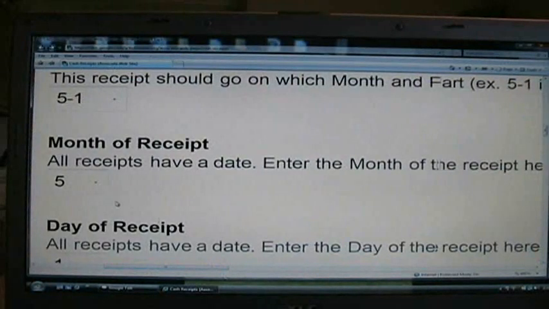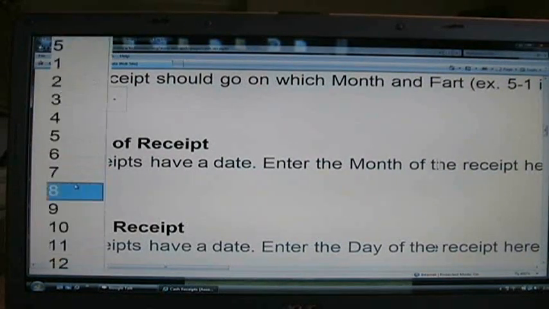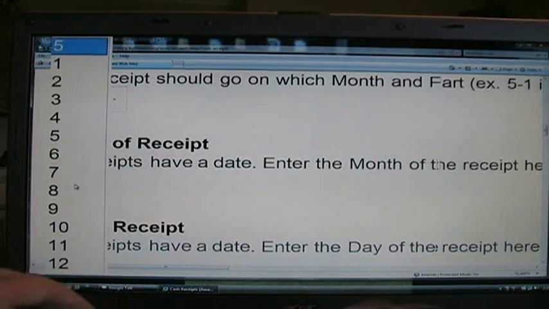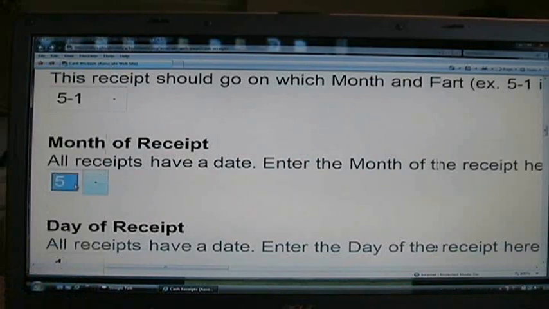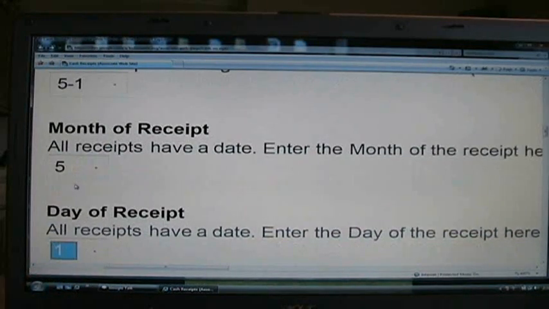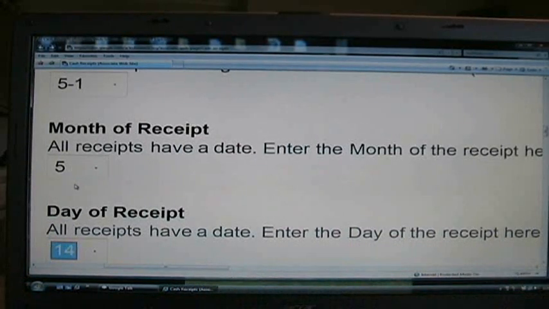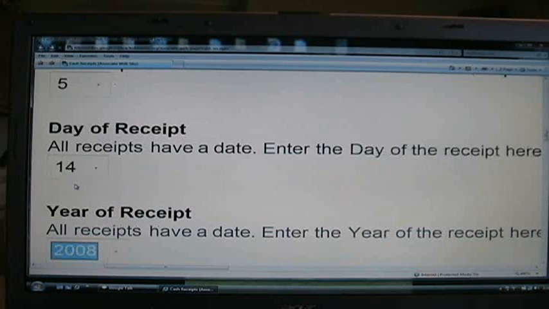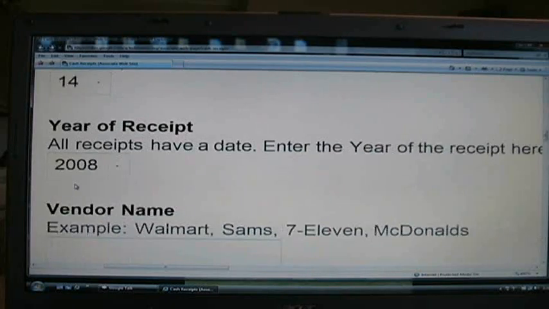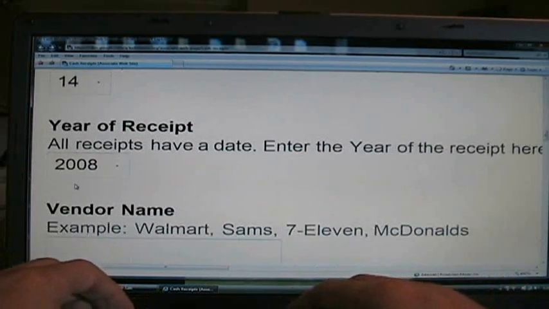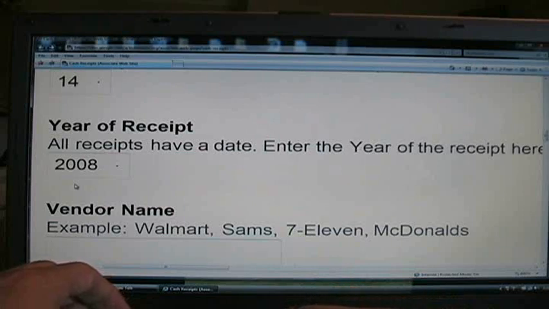And once it's highlighted, press 5, and press tab now. The day of the receipt, we'll pretend it was the 14th. I'll just use my keyboard, type 14. The year is 2008. I can tab over that. Let's pretend I went to BP